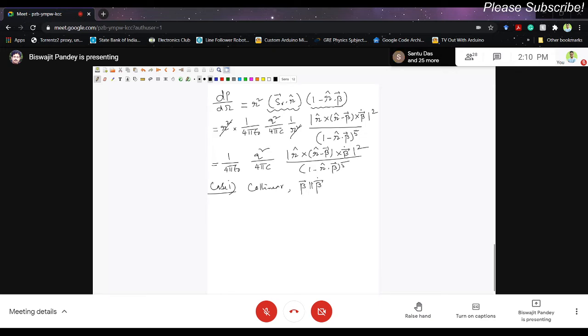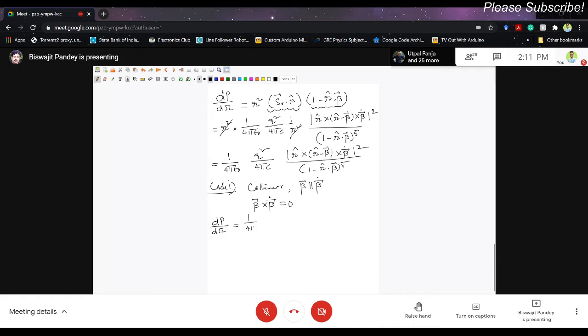So as soon as you take beta parallel to beta dot, of course, this will give us beta cross beta dot = 0. When they're parallel, there is no angle between them. So sine theta will be 0. And so if I take this dP/dΩ in this collinear case, so dP/dΩ will be